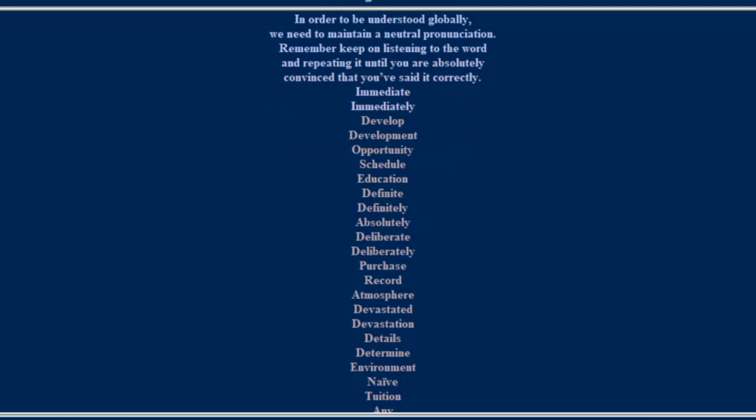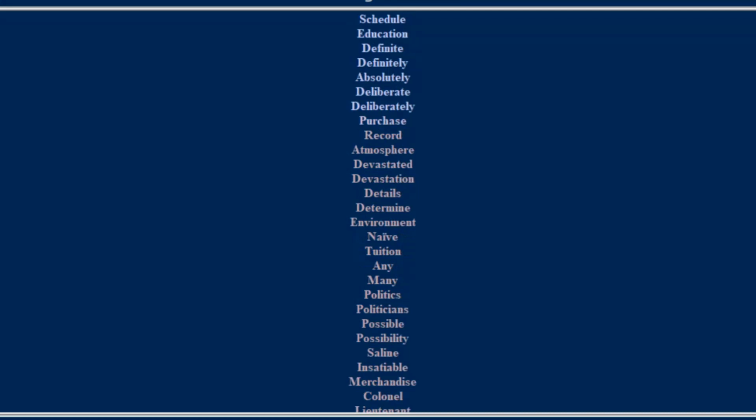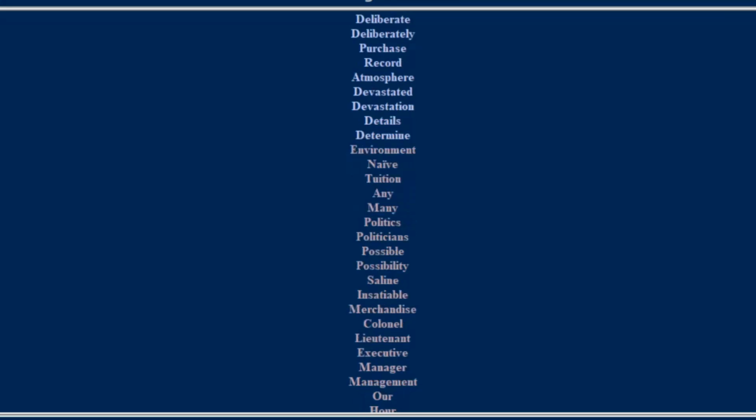Immediate, immediately, develop, development, opportunity, schedule, education, definite, definitely, absolutely, deliberate, deliberately, purchase, record, atmosphere, devastated, devastation, details, determine, environment, naive, tuition, any,